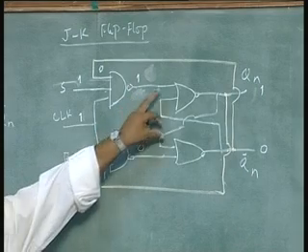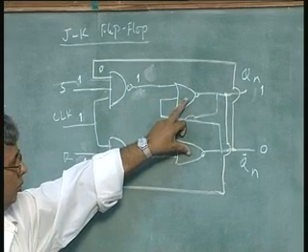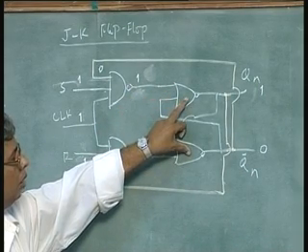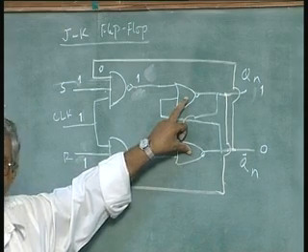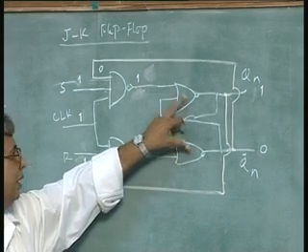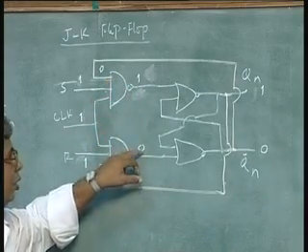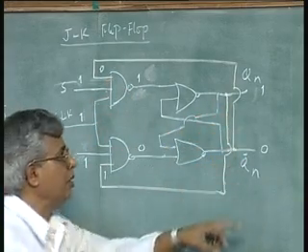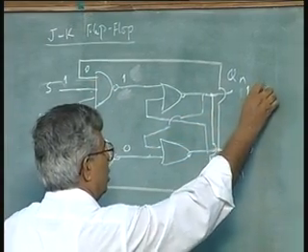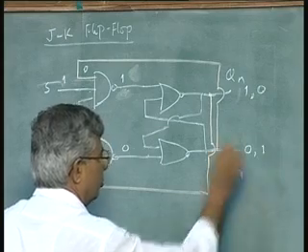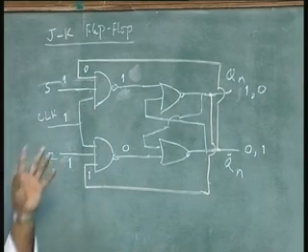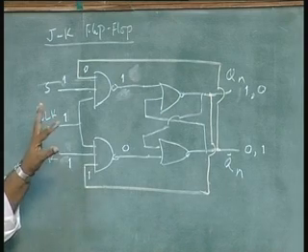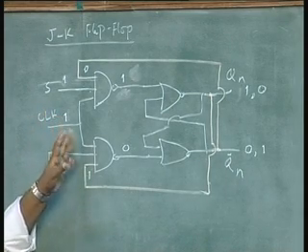Earlier we saw this 2 input NOR gate connected back to back as an RS flip flop. Remember that? RS latch. That means R is equal to 1, S is equal to 0 made a reset condition. That means it is going to become 0 output and 1 output. So we have now made use of a condition of 1 1 from an unstable condition, not, I won't say unstable,